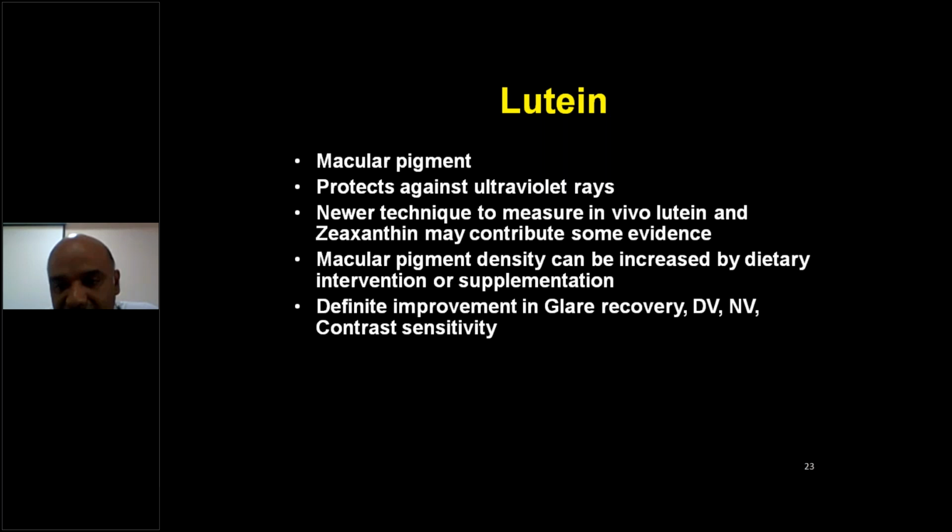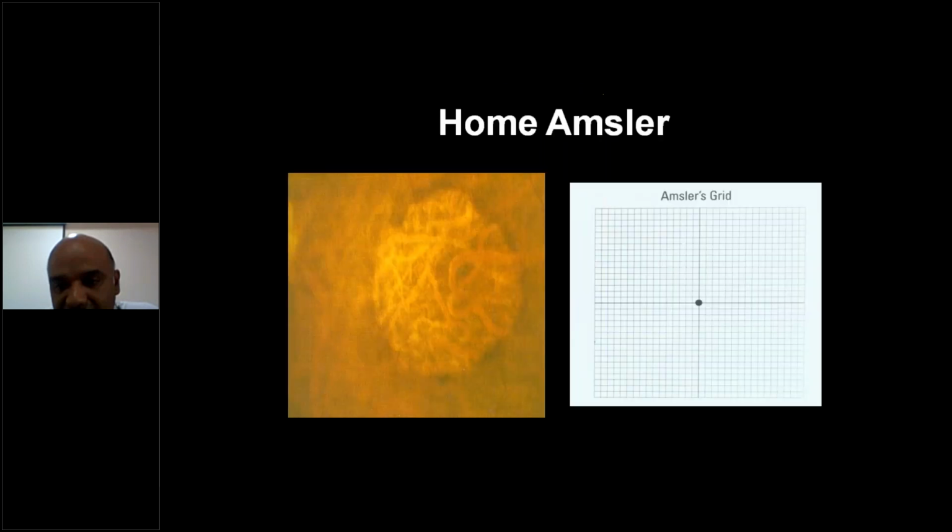So definite improvement is seen in the majority of patients who have been given lutein along with vitamins. Now, what do you advise for these patients in case they are at home? They cannot keep coming to you every day. So you have to analyze whether the visual symptoms are worsening or progressing. What do you advise these patients?